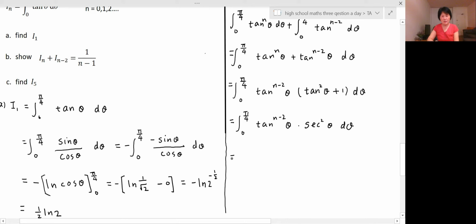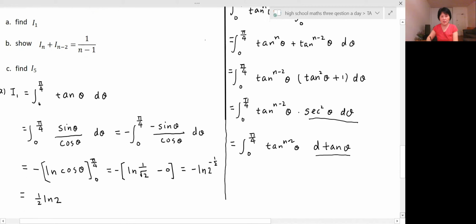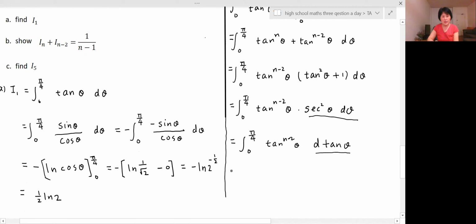Okay, then this one is equal to this. I can put the theta, the tangent theta. So when you do the derivative of the tangent theta, it will give you sec squared theta d theta. This part is equal to this part. Okay, so now I can do the integration. So this integration will equal to